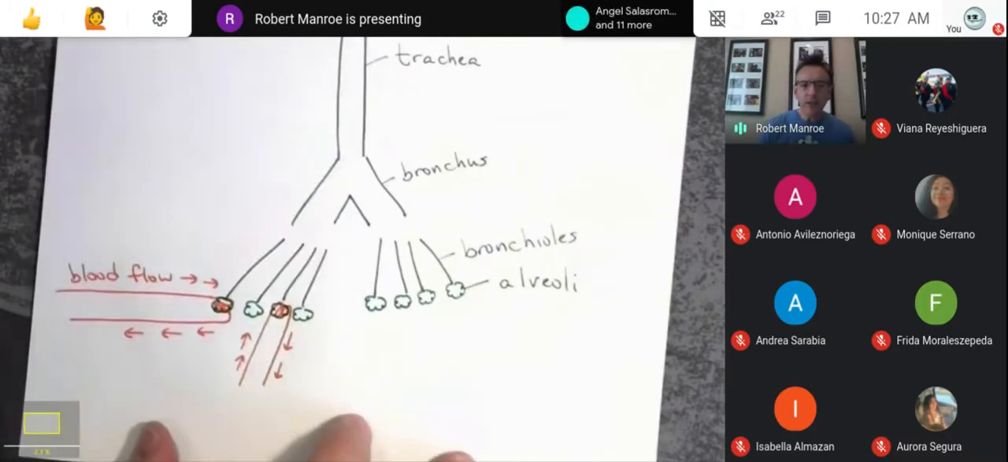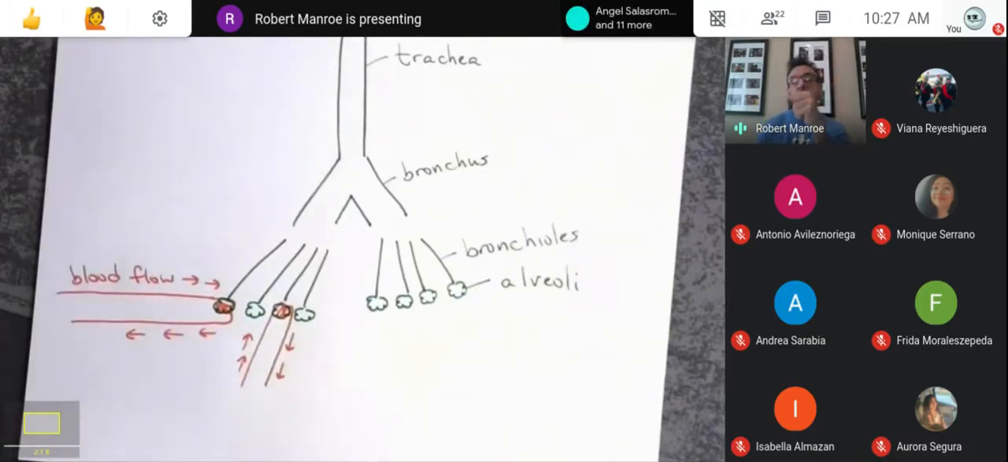Okay, so if you think of your hand, or actually the fist, as the alveoli, then the blood vessels, the capillaries, wrap around the alveoli just like this. It's a very, very intimate relationship between the walls of the alveoli and the walls of the capillary, which is